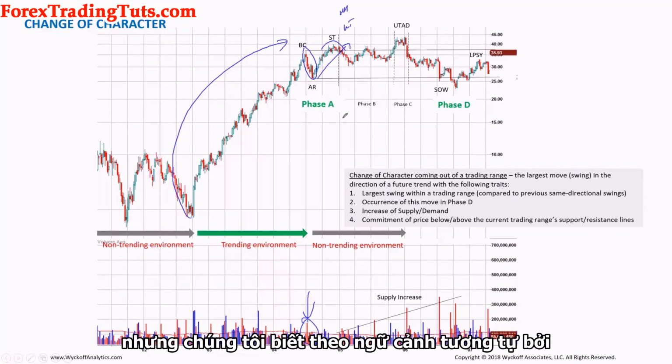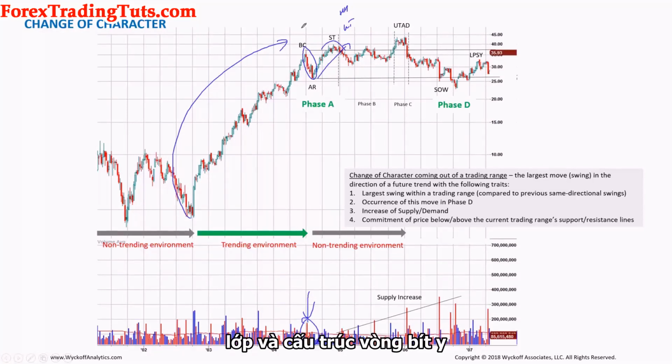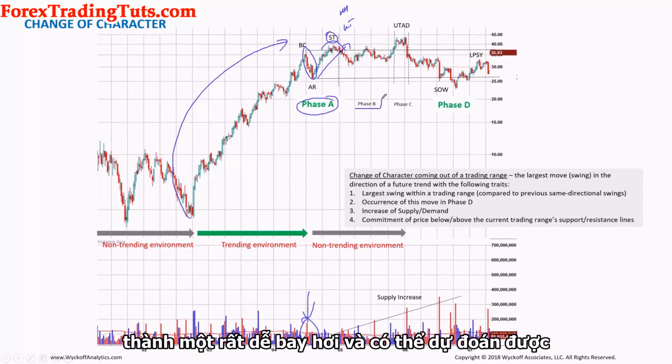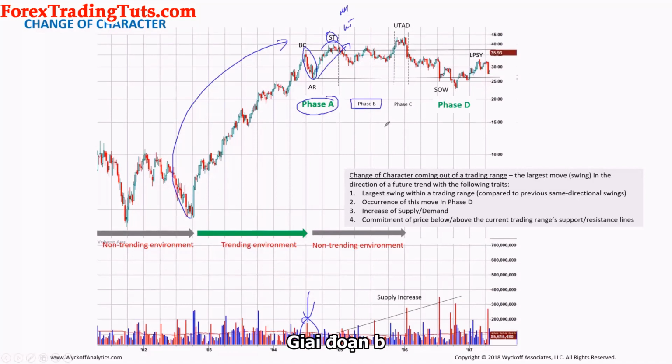But we know by the Wyckoff context, by the Wyckoff layer and structure, that phase A is going to conclude with this secondary test, and we're going to go into a very volatile and predictable phase B. As we go through this phase, and here is my